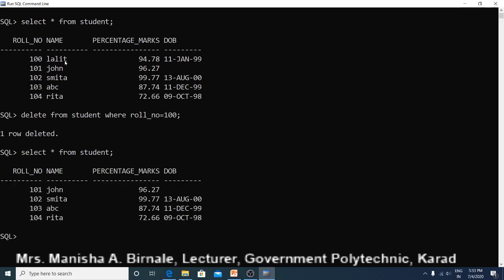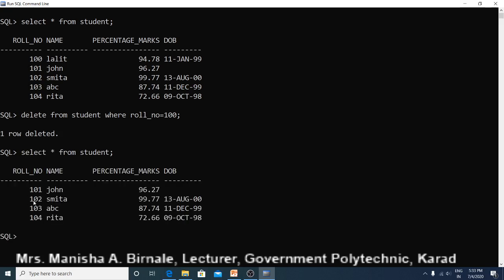So delete from student. Delete from table name is student, where condition is written here, roll number equal to 100. The command is terminated by a semicolon. One row is deleted. Let us check it using the select command.